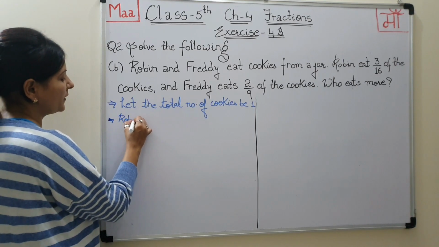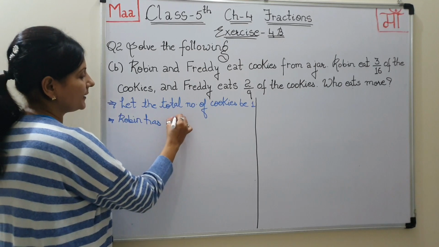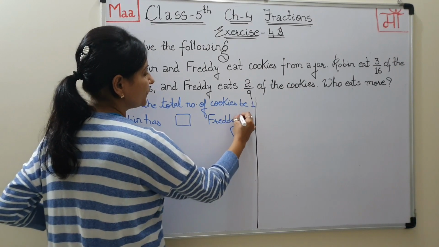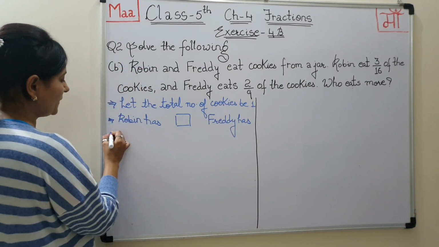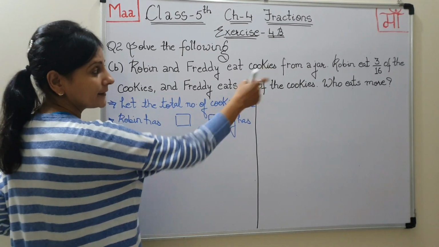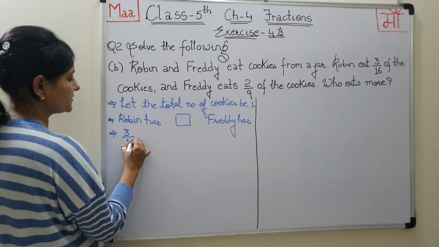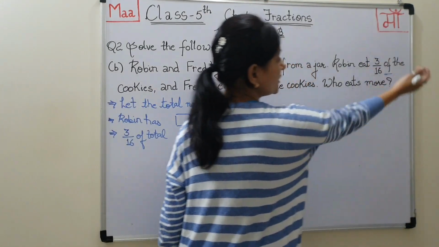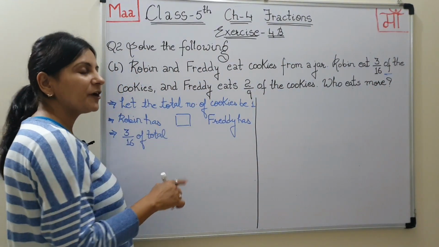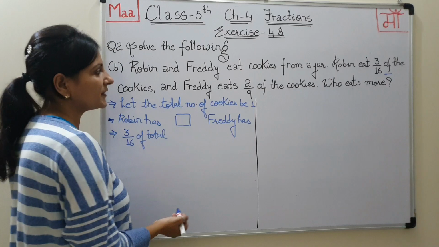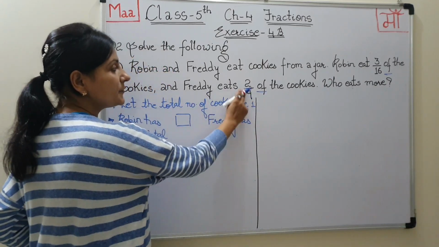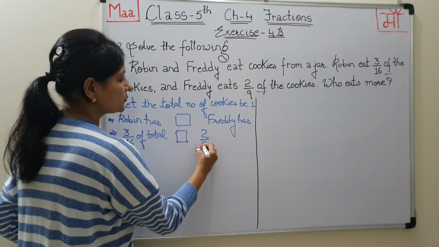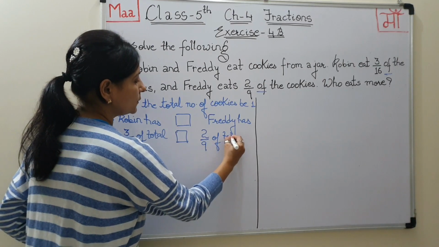अब एक तरफ आप लिखेंगे रॉबिन, पहले रॉबिन का नेम है तो रॉबिन हैज़, देन बॉक्स बनाएंगे और कंपैरिजन करना है हमें, दूसरा बॉय है फ्रेडी, सो फ्रेडी हैज़। नाउ रॉबिन ने कितनी कुकीज़ खाई, 3/16, तो यहाँ आप लिखेंगे 3/16 ऑफ टोटल। आप देखेंगे क्वेश्चन के अंदर ऑफ वर्ड लिखा है, फ्रैक्शन के जस्ट बाद में ऑफ वर्ड है। कभी भी फ्रैक्शन के जस्ट बाद में ऑफ वर्ड होता है तो उसका मतलब मल्टीप्लिकेशन ही होता है। और फ्रेडी ने 2/9 ऑफ, यहाँ पर भी ऑफ लिखा है तो हम फ्रेडी के कॉलम में लिखेंगे 2/9 ऑफ टोटल।